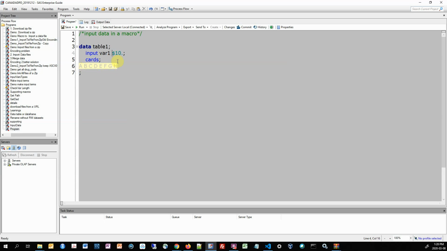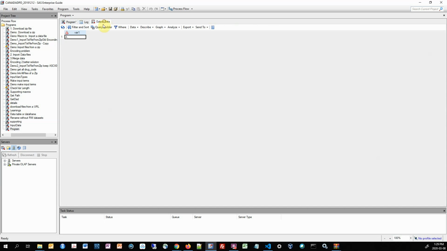So what we're going to do is add a colon here. The function of the colon is to tell SAS that you should read for the total length of 10 if there is no space, but if there is a space, then you should stop there. OK, so we're going to run this. And yes, it does stop